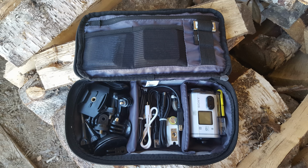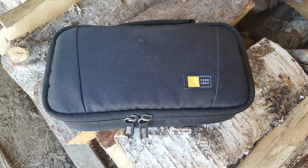Now, he also keeps very organized. In his camera bag, he has the Case Logic Memento Sport Action, and you can see how well organized he is with all the cable ties, keeping all the cables nice and neat. This thing will cost you about 17 bucks, and it looks like it does a good job of keeping things